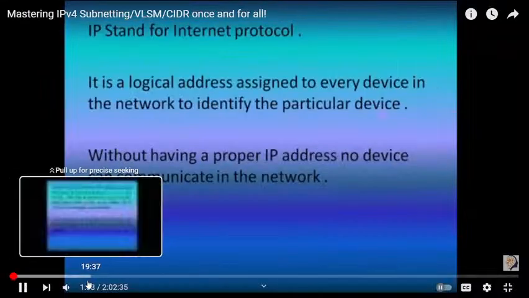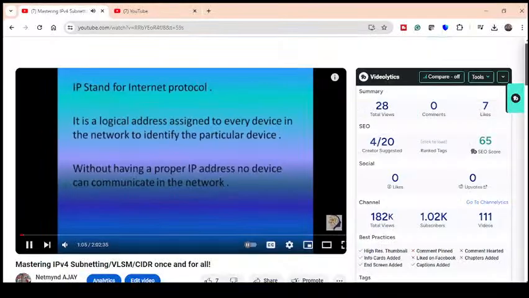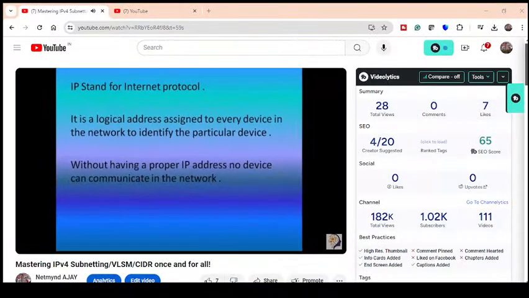Why I'm doing so? Because either a network administrator, server administrator,